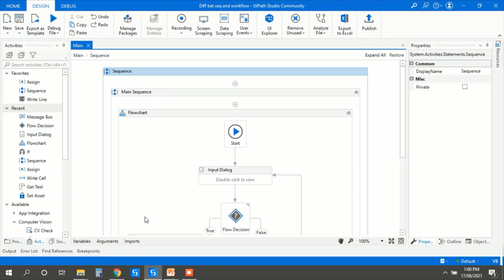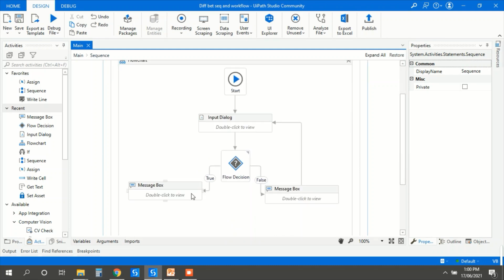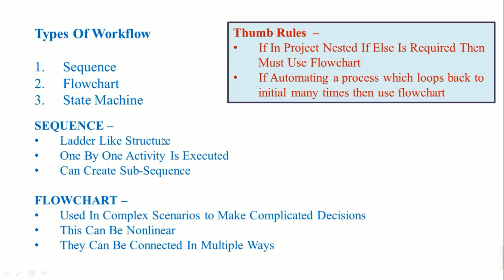So here you can see the same project we have created in just 2 or 3 steps in case of flowchart, but in case of sequence that goes too far comparatively. So that is the main difference between sequence and flowchart. You can execute it and do further practice to explore it more. There are 2 basic thumb rules written here that must be followed for better operation in sequence and flowchart.